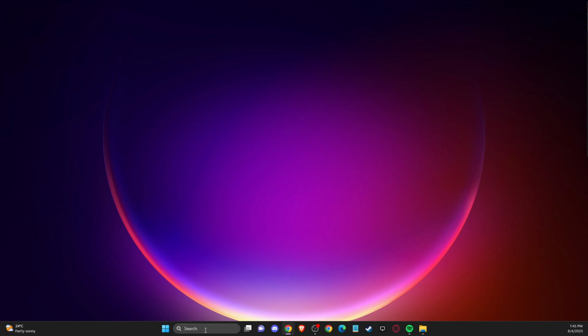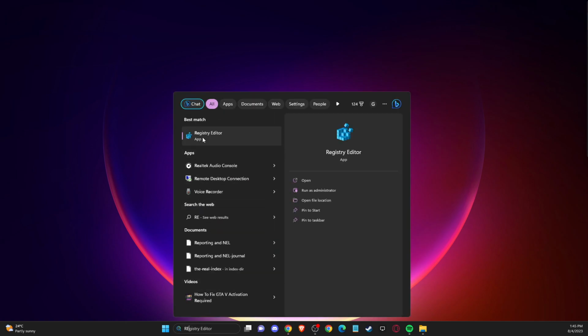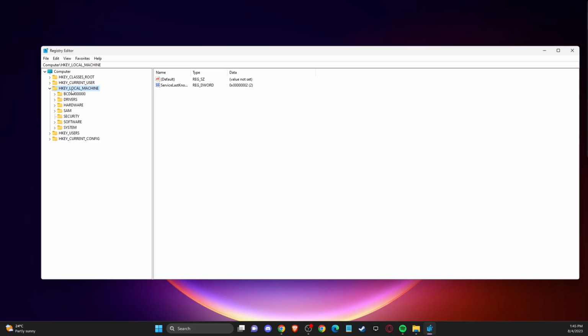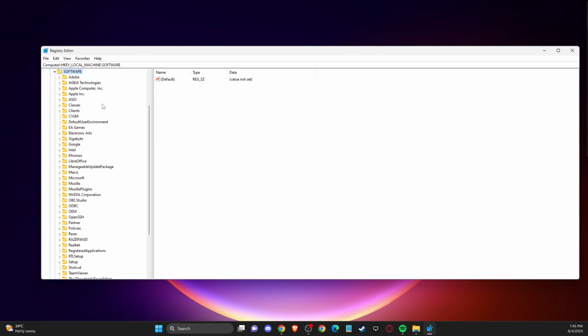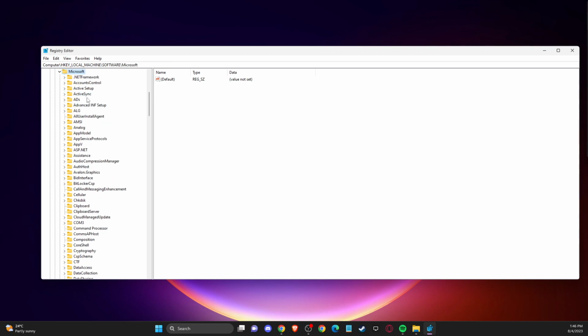First of all, you need to go on search, and then you need to write registry editor, and on this you need to expand the local machine thing here. Then you need to go to software, and once you're on software, then you need to go to Microsoft and expand this option. And once you are on Microsoft, then you need to go and find Windows NT and expand